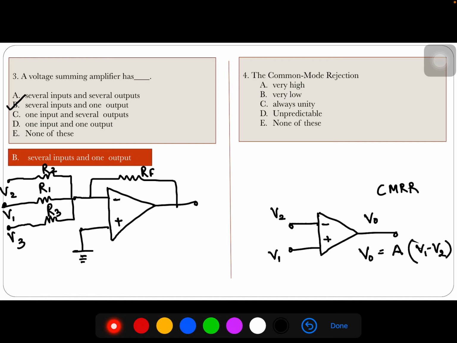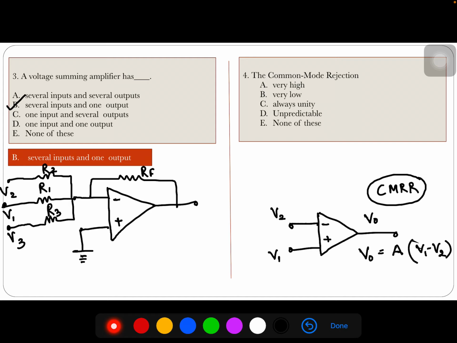more amplification here. So every op-amp has the tendency to reject the common signals, and this particular ability is measured by a parameter called CMRR. So basically, the more the value of CMRR, the more is the tendency of the op-amp to reject the common signals, which is good, which is desirable.